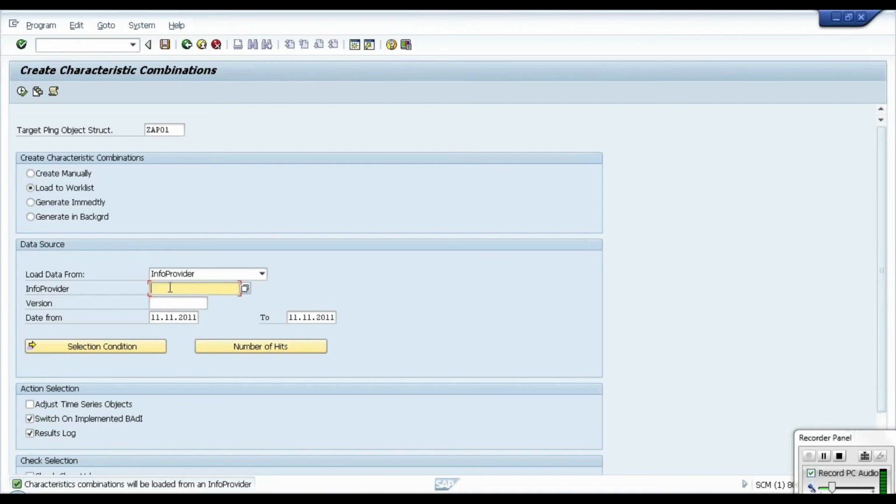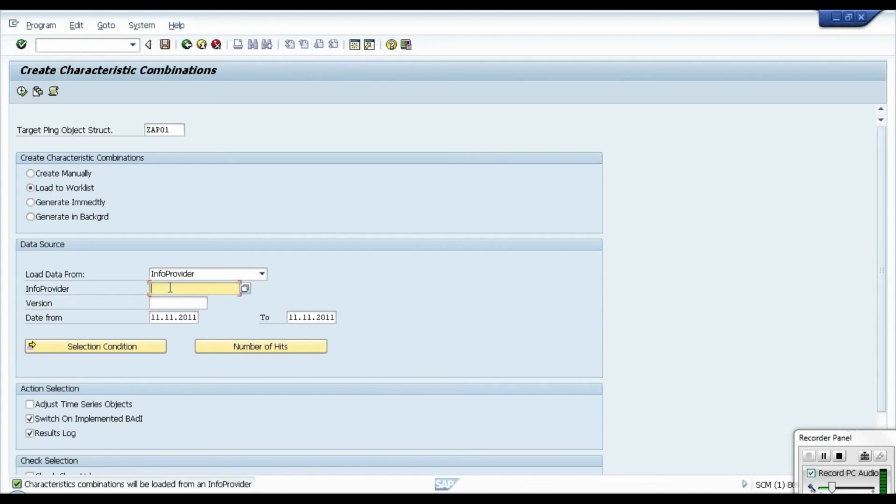So what the system will do is, whatever characteristics are there in our empath, it will pick the data from that particular sales order. For example, in one sales order we have three materials sold to one customer from one sales organization from this plant. Here it will take the three materials, with the remaining ones common: one customer, one plant. So it will create three characteristic value combinations.